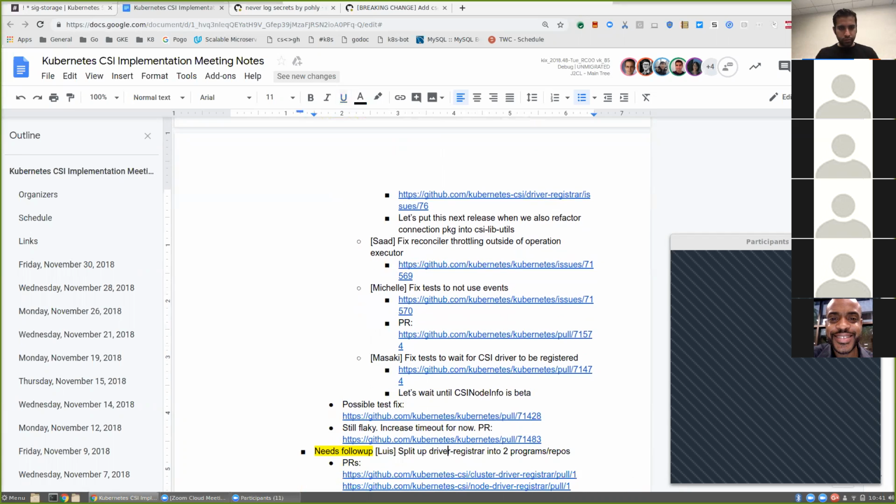And then Masaki is working on changing the test to actually wait for the driver to be registered before proceeding. So I think we made a comment there. We probably want to wait on this until CSI node info is beta, and then the test can check CSI node info for driver registration. Yep, that would be the best way of doing it.